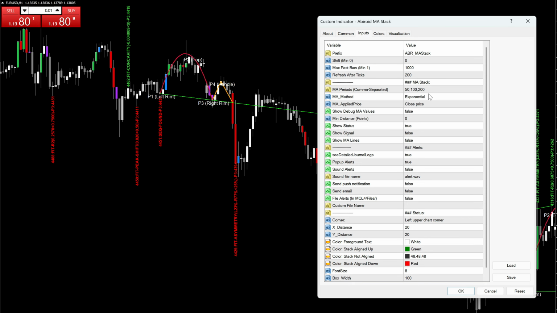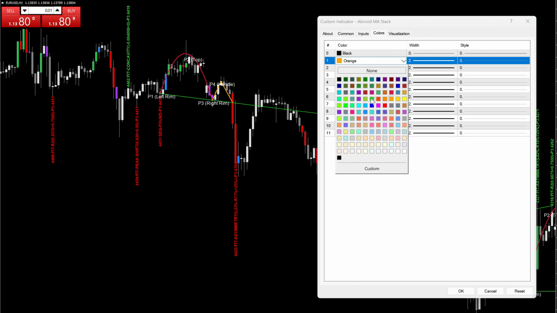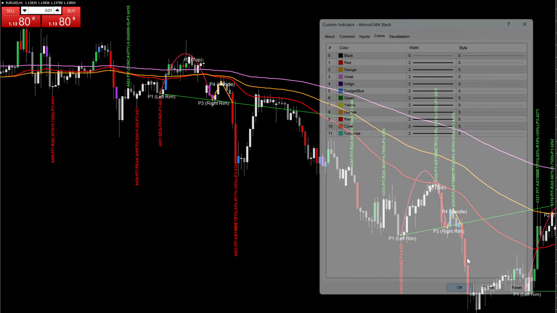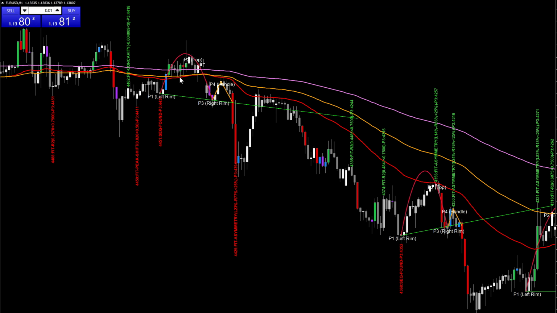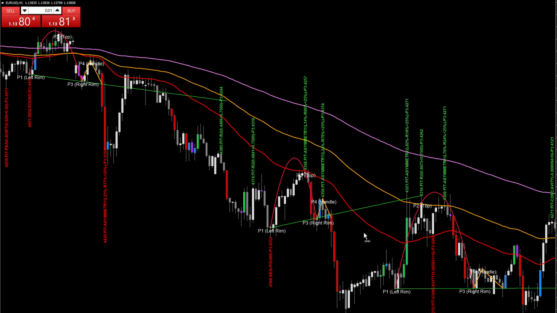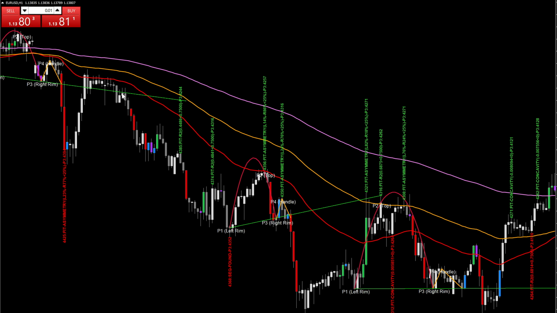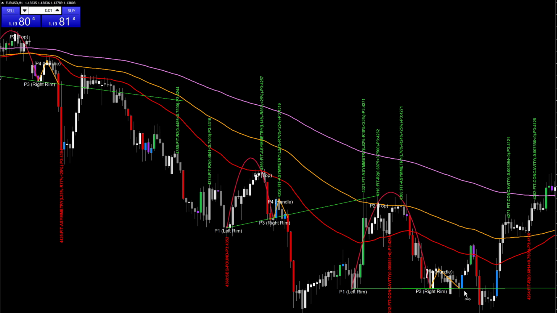So if you place that, it has the same 3 EMAs by default and you can set this to 10,000 bars and set the show MA lines to true and just change the color to something else. Then you can see exactly when the MA stack had happened. So right here where the handle actually breaks out, MAs are already stacked and over here the trend continues. But right over here, the trend has been going on for too long and the trend actually reverses.